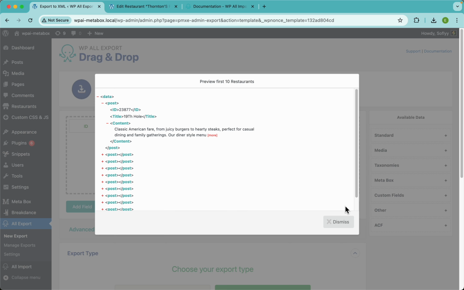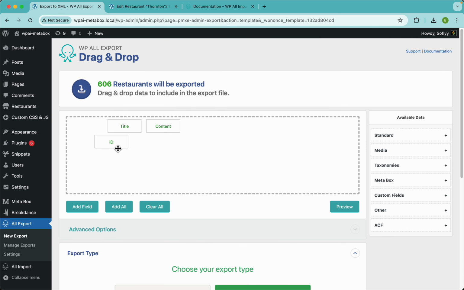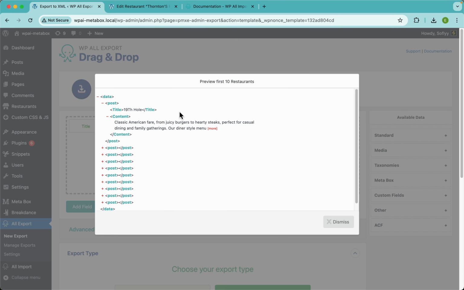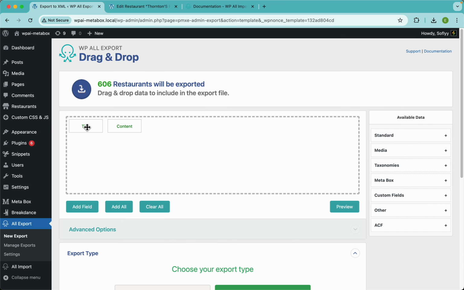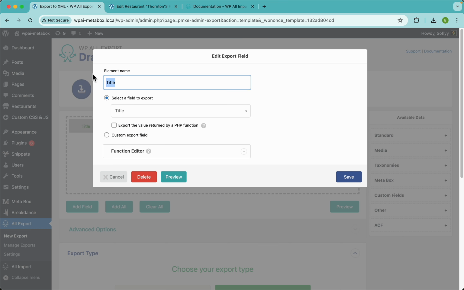Now, let me preview again. So you can see we have ID, title, and content. And I don't want the ID, so I'm just going to get rid of that. Preview again, and it's gone. Now the title, I don't want it to be called title. I want this to be called